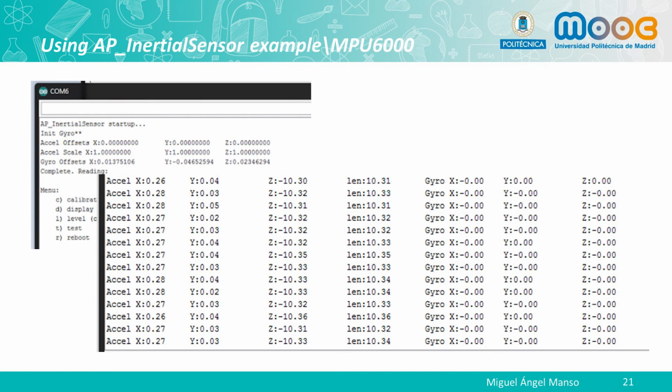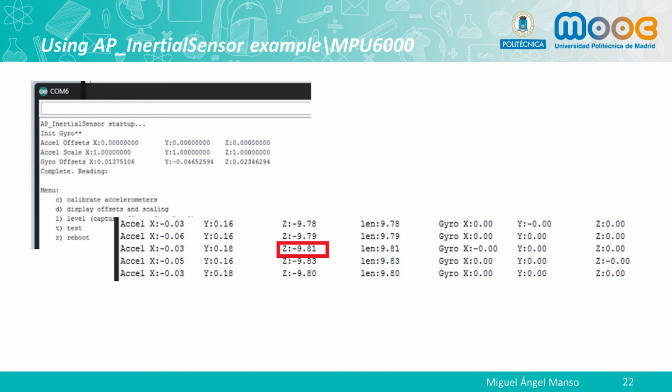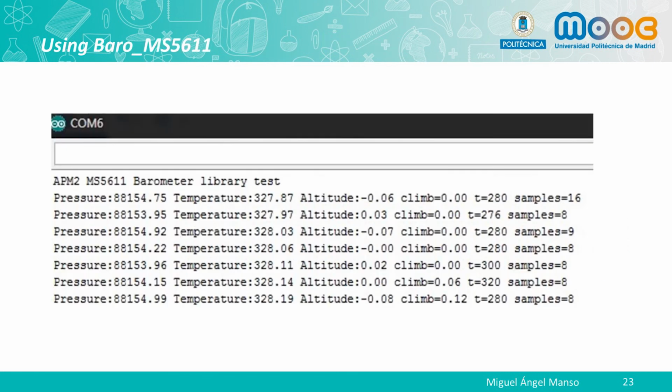Then we can calibrate MPU6000 using option C. For it, it will indicate a set of instructions to follow. Place the controller level and press a key, and then left and press the key, etc. The order of the positions is normal, left, right, down, up, and back.